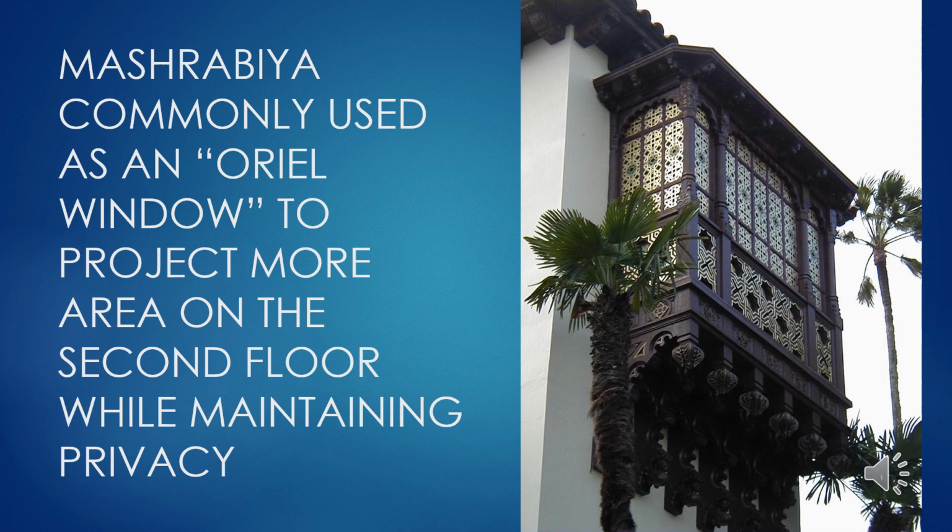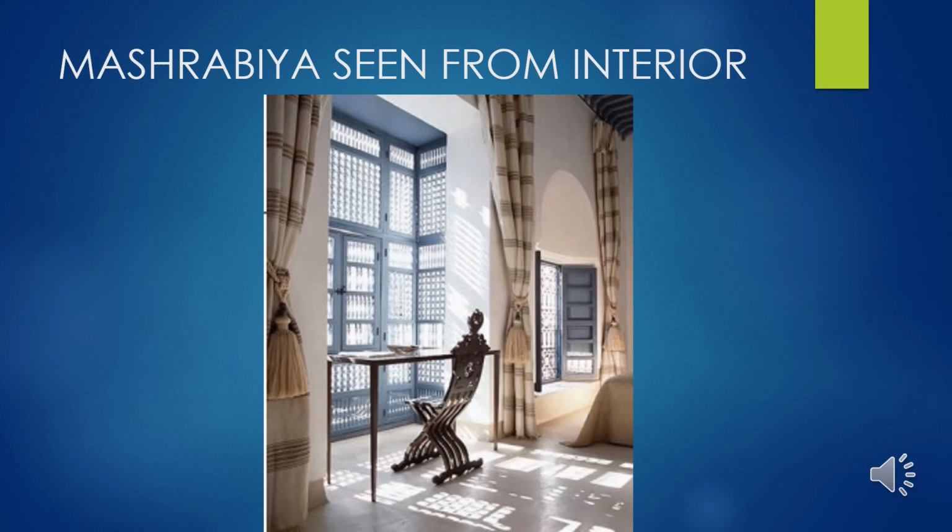This is also a detail that will come back into Europe through the Crusades. We'll see oriel windows commonly used during the medieval times as what we call jetties on medieval buildings. I myself love the dimension of light and shadow that are created from the mushrabiyah. So you can see that beautiful light pattern that comes in through those ornamental screens. And that creates a whole other dimension in the space.